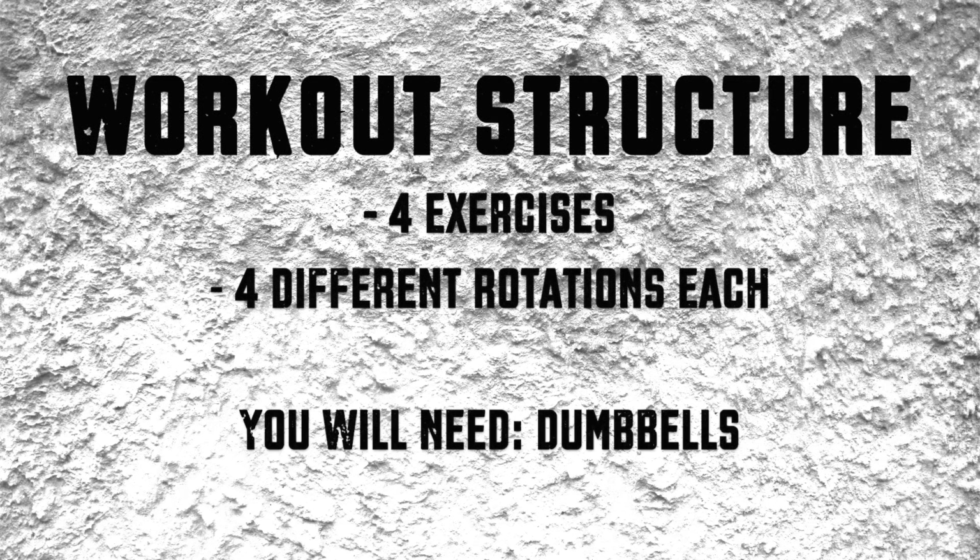For this workout, we're going to be doing 4 different exercises, 2 exercises at a time, and we're going to be doing 4 different shoulder rotations for each exercise. You're also going to need some dumbbells for this routine, as well as a chair, bench, or a physio ball